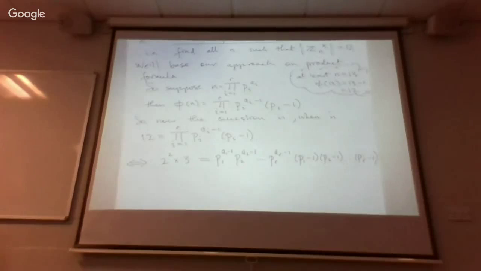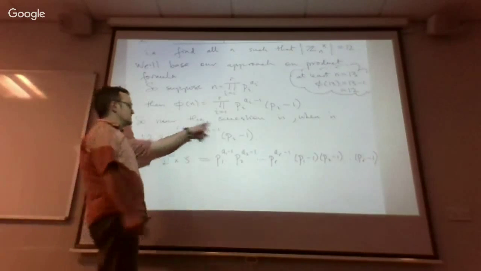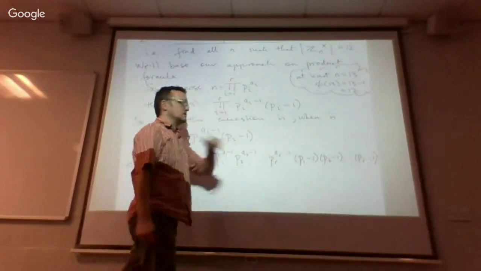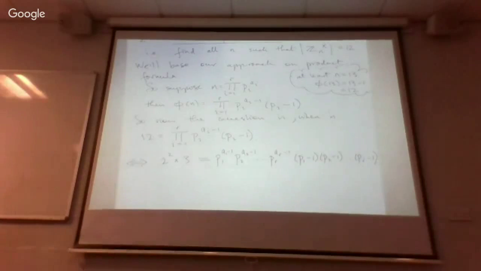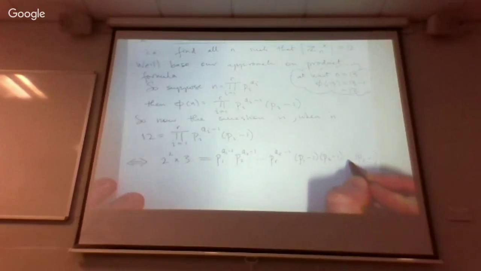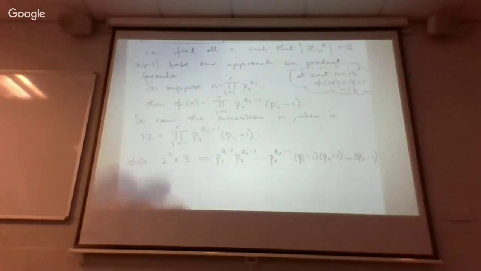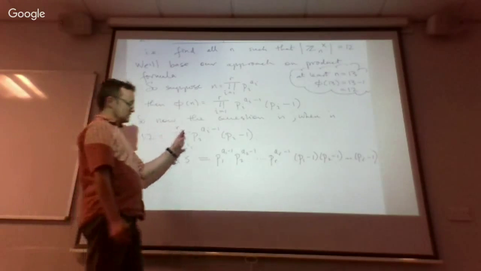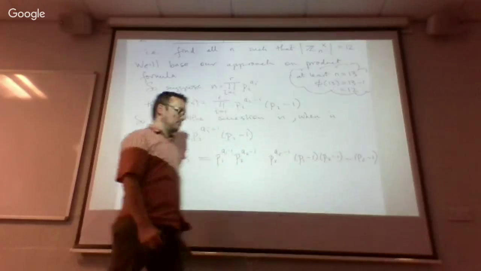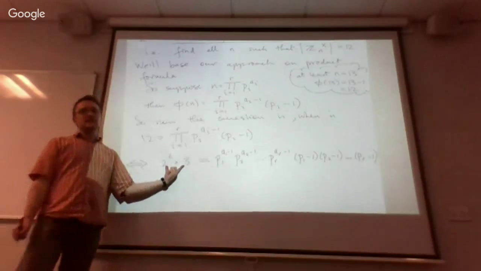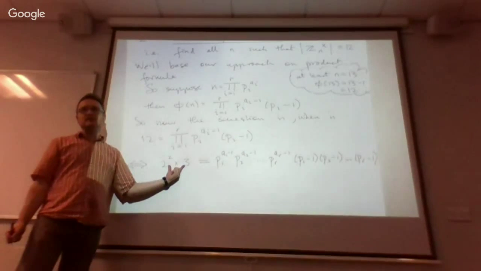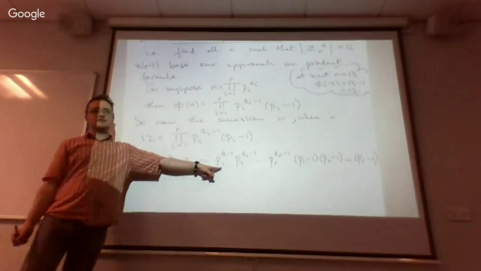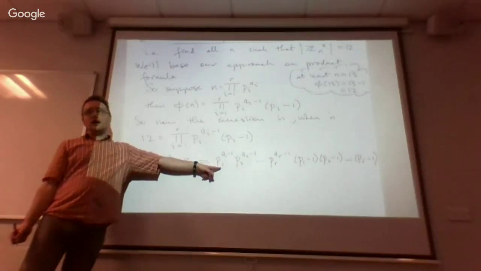So there I'm just writing out this product, with dot, dot, dots in the middle. Now, this thing on the right is completely general, but it has to be equal to 4 times 3. So that places an awful lot of restrictions on